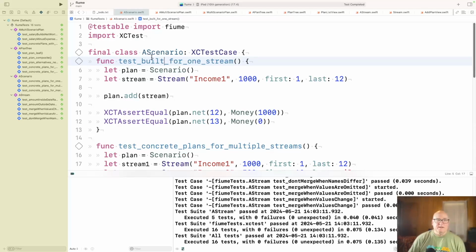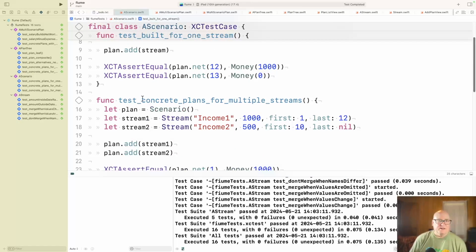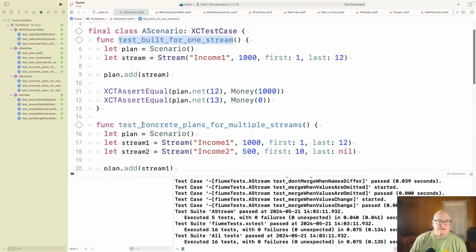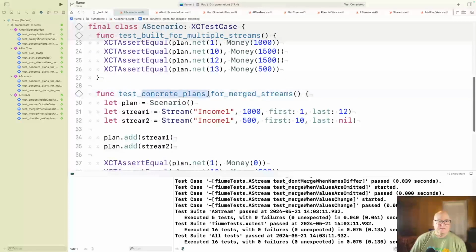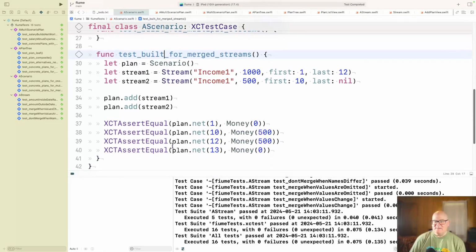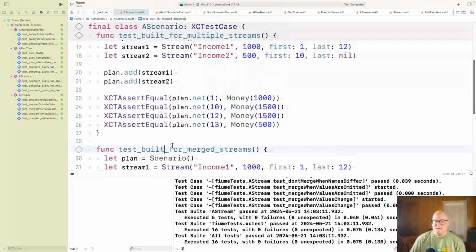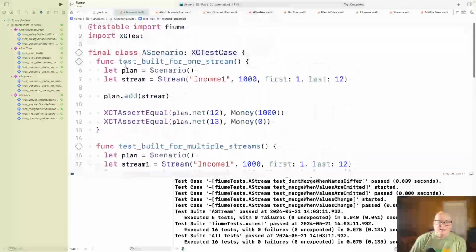We want it to be this plus this is a sensible description of a behavior. Okay. And a scenario built for multiple streams. I think concrete plans was kind of my function name. All right, so I think that's fine.